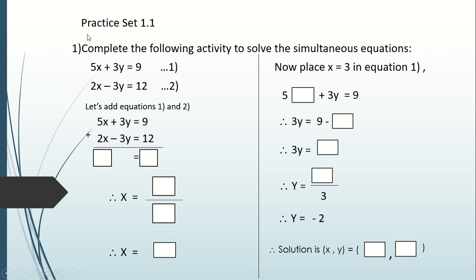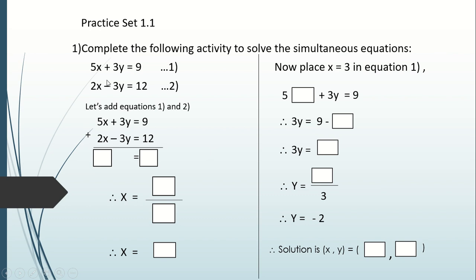Okay, now let us start with practice set 1.1. Now this is an activity. Activity based questions like this are definitely there in your new paper pattern. So over here you have to write the exact number that is going to come in each box. There will be 2 marks questions and 3 marks questions. For 2 marks you will have 4 empty boxes, and for 3 marks you will have 6. So you have to write the exact number in the box.